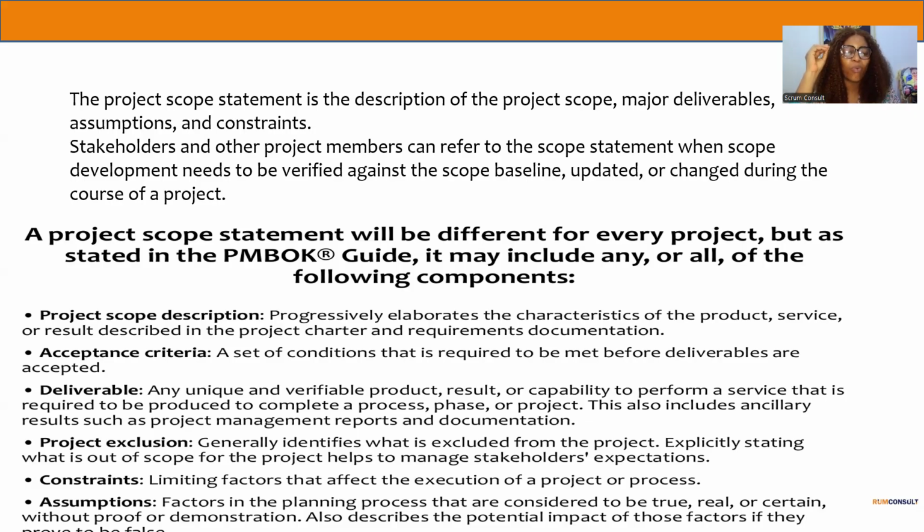Explicitly stating what is out of scope helps manage the stakeholder expectations so that your team doesn't waste time creating things that are not needed. Okay, so you can now focus. The whole idea of understanding what is scope and what is out of scope is for you to be able to focus.